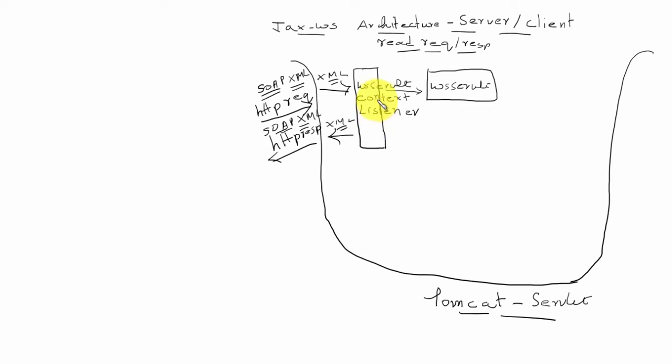The listener will find out if the request is a SOAP request. If it is, it is forwarded to the WS Servlet. This is a single servlet which will handle all the SOAP requests coming to the web server. These two programs are configured in the web.xml of the web server. They will make sure that the framework takes control of the SOAP request and transfers the control to the actual service endpoint interface class.